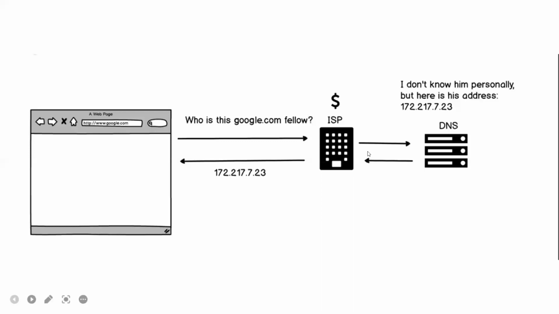So when you search, your internet service provider will query this domain name server. It will bring back the address of this website you're searching for. Let's say, for instance,